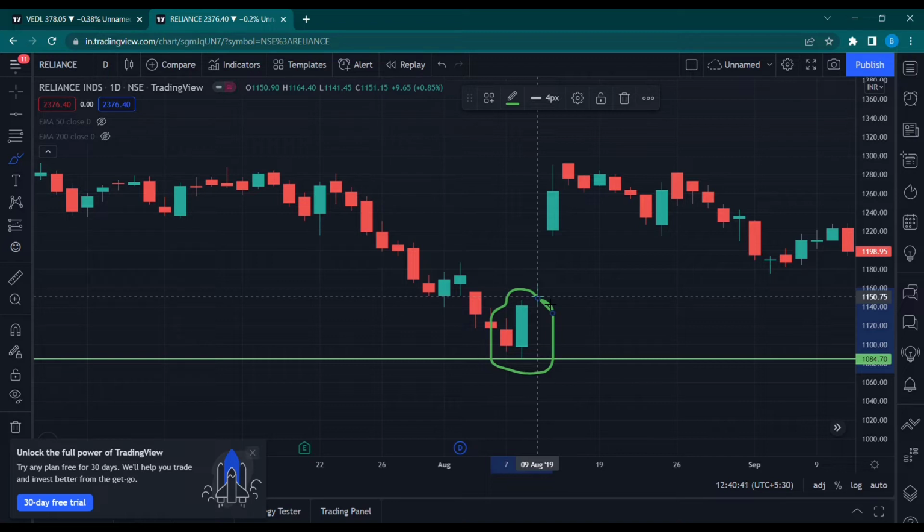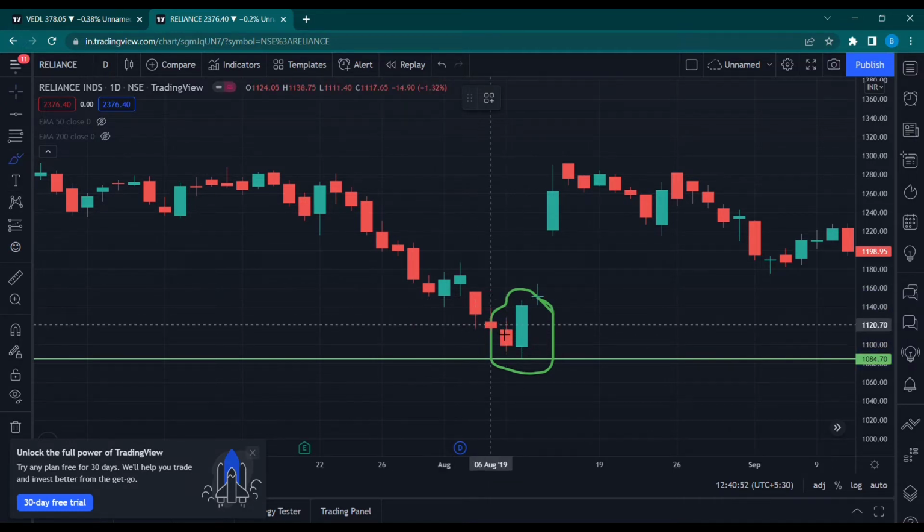What we see here is a red candle with a relatively smaller body than the green candle, which means the prices go down, and then what happens? They form a larger green candle whose body completely engulfs the red candle. So this is a bullish engulfing pattern, and it indicates an up move in the price.